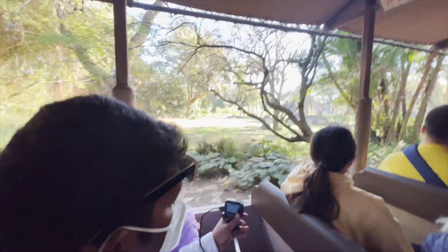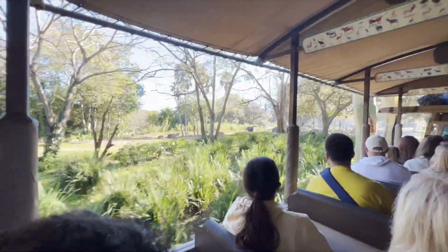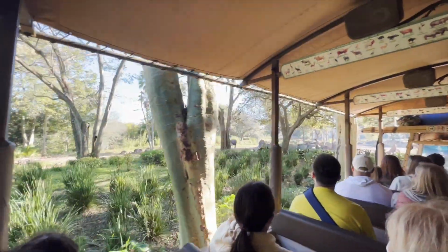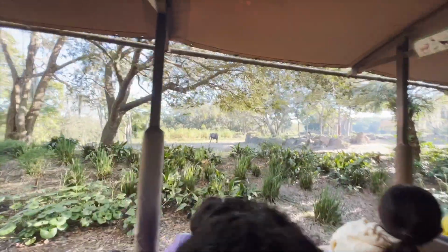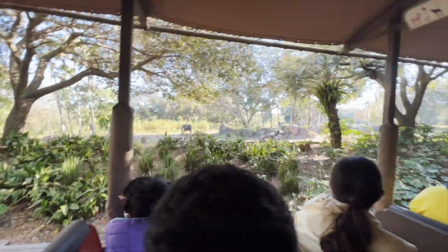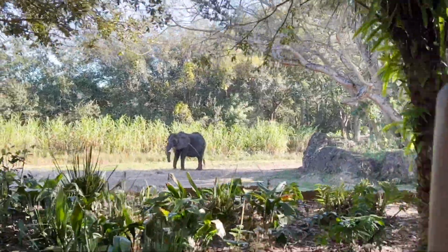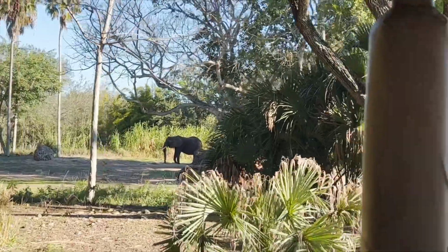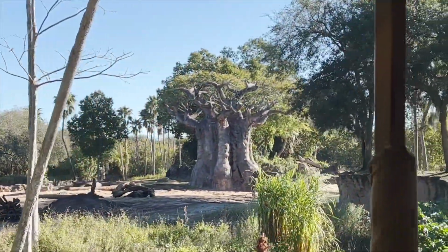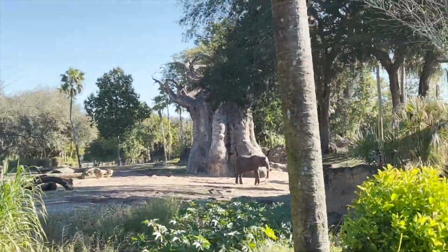Elephants will sometimes eat clay. Now I know that probably sounds strange, but clay has a lot of minerals and nutrients that elephants don't get from the diet of plants. So to an elephant, eating clay is like when a human eats a vitamin. Elephants are very social. They talk to each other a lot, but they only make